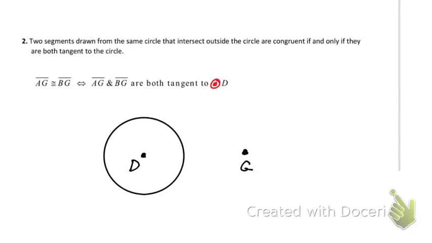We'll call that G. Now we're going to have a line that's tangent to the circle that would look like this, and a line that's tangent to the circle that looks like this. This is going to be AG and BG. So we'll call that A. We'll call that B. If both of these lines are tangent, which they are, they hit at A, they hit at B, and if those two tangent lines meet at a point out here, that means the distance from A to G and the distance from B to G are congruent. So AG is congruent to GB,